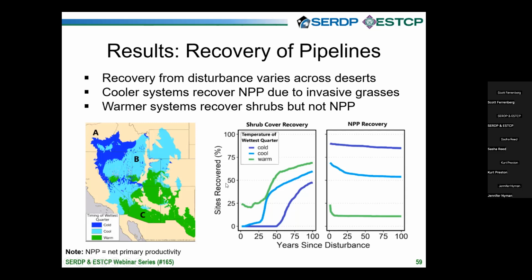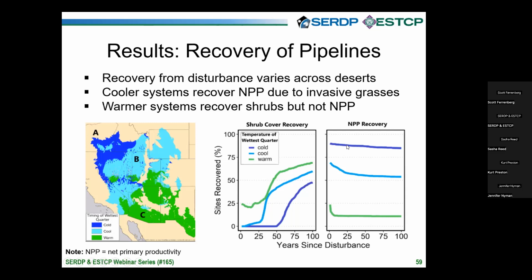We're looking at the percent sites recovered. So in his study, sites are the various pixels that he's working with along his remote sensing record. And we're looking at the recovery of shrub cover versus total productivity. So greenness and biomass is what we're looking at over here on the right-hand side. And the proportion of that which would be shrubs is what we can think of on the left-hand side. We see that the warm sites, as the bullet said, recovered more shrubs than the cool and the cold site.